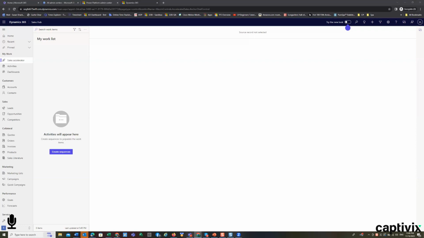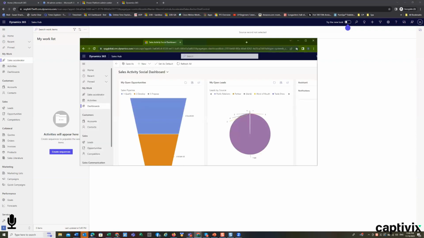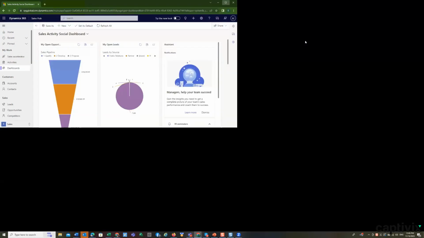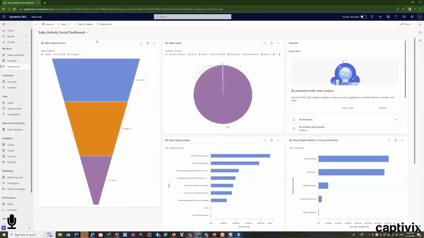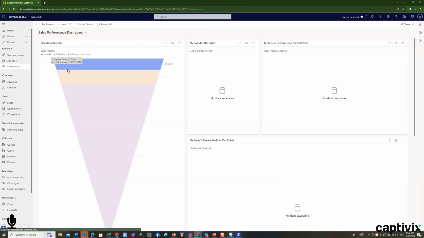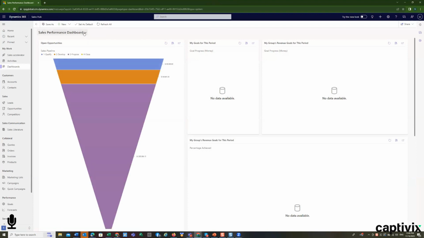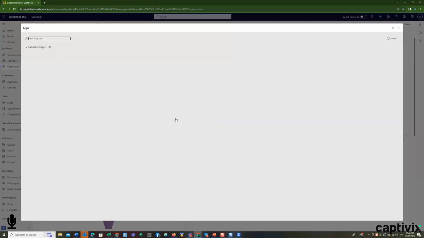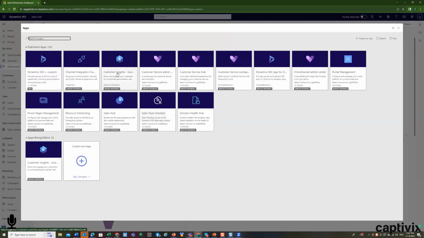And some of the other dashboards that will give you a look at how you're doing is you've got your performance dashboards that come out of the box. You've got activity dashboards, you've got marketing dashboards. If you click on your sales hub and you go back to your customer insights,